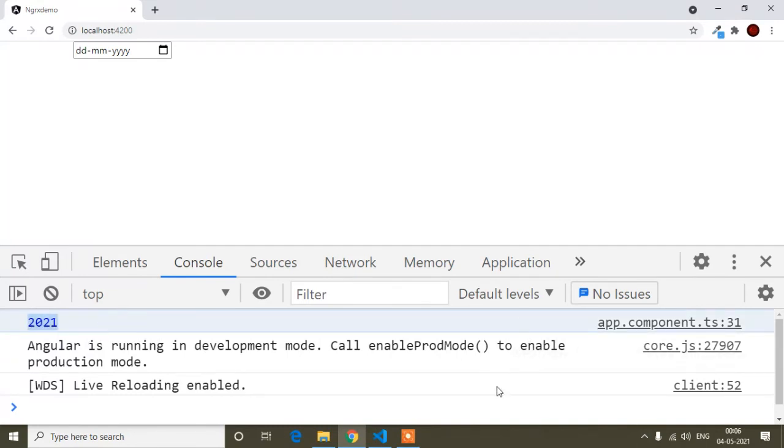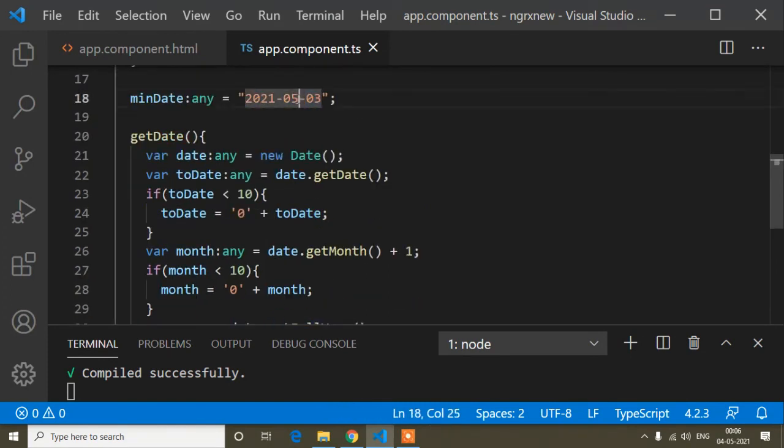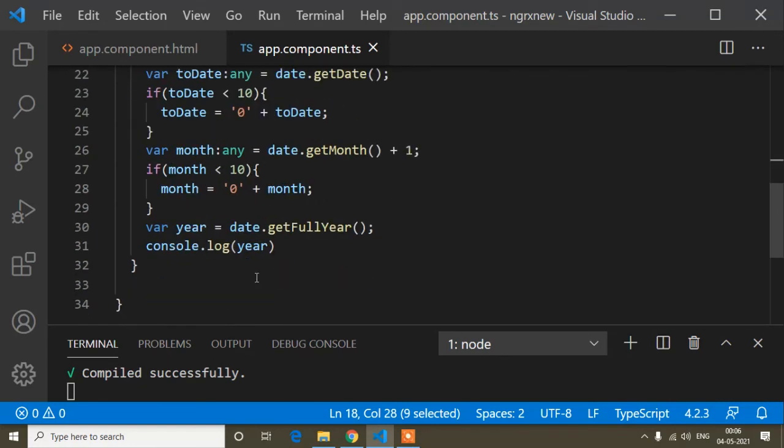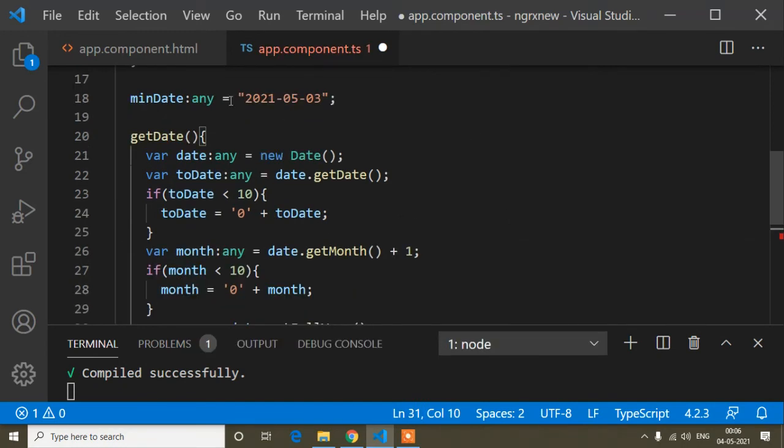Okay, so now I have got all the things, I mean the date, month and year. So now I have to rearrange it in this format. Still it is static.